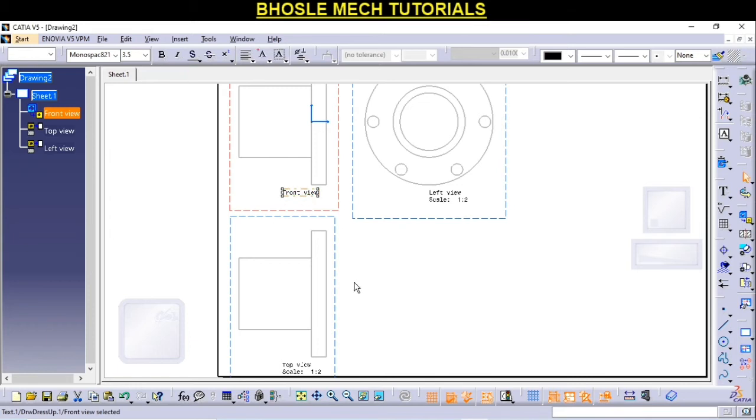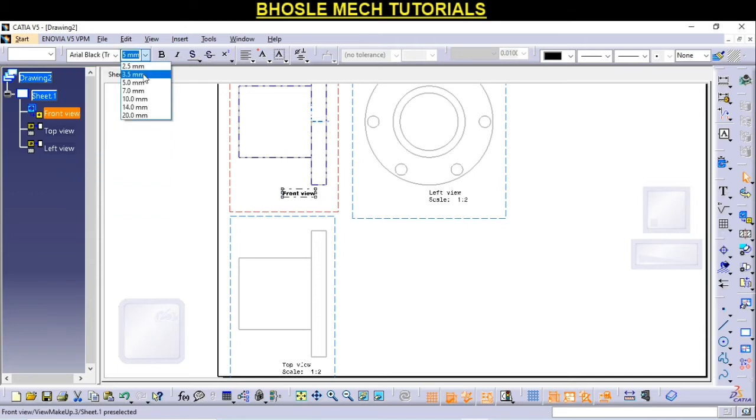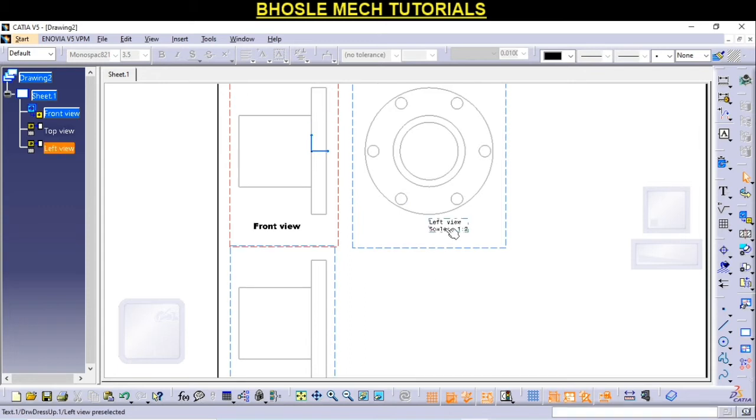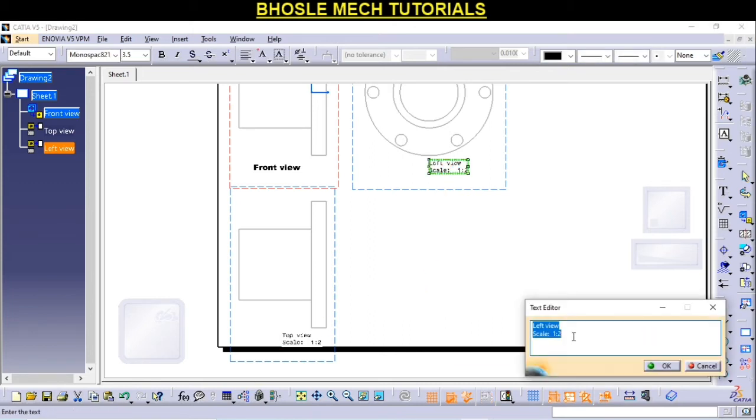After selecting this, we can change the font size also, and if we want Arial Black, okay, and the size of this font, and adjust it according to your requirement. Similarly, if you want to change this or this and this also, then we have to follow the same procedure.